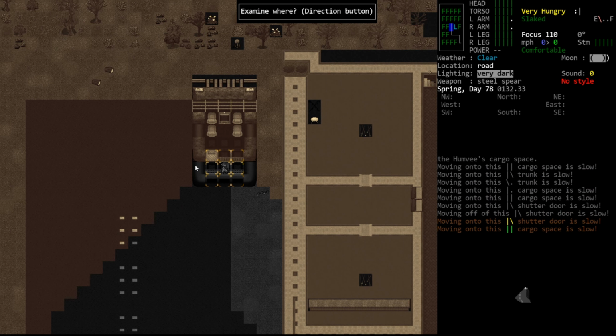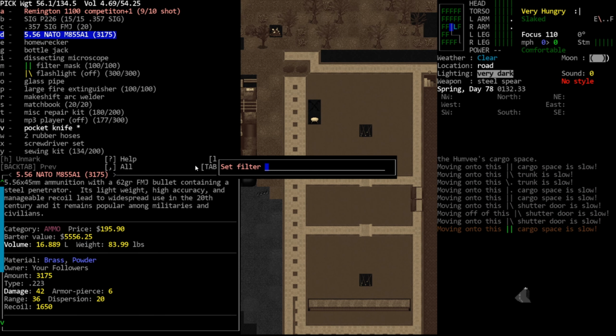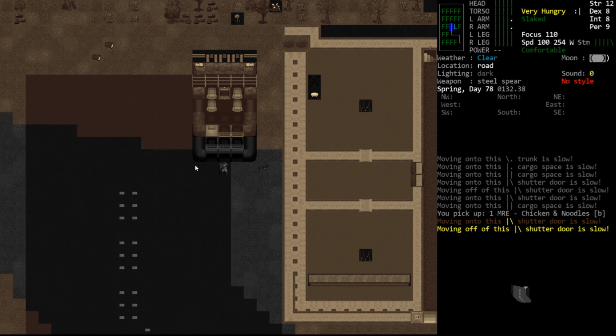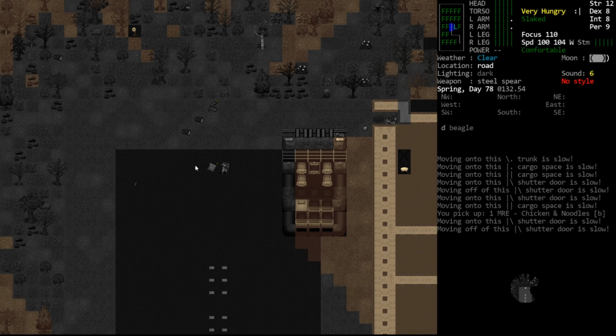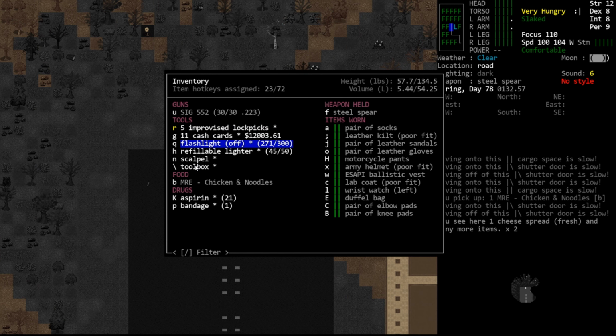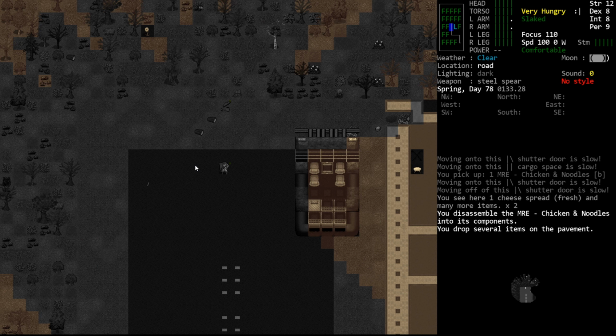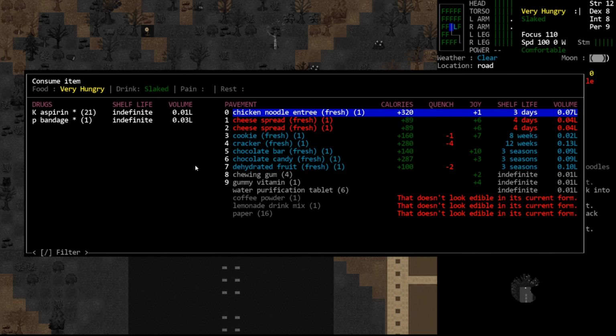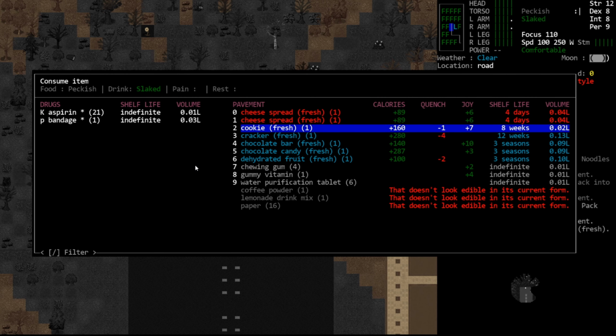We are hungry. That MRE really was a pretty low amount of calories, so let's have another MRE. We'll do chicken noodle chunks or whatever. Inventory, disassemble, take that apart, yes, take that apart, yes. Yeah, MREs were nerfed, so they have fewer calories now. It's something like 800 calories. They used to be like 2,000,